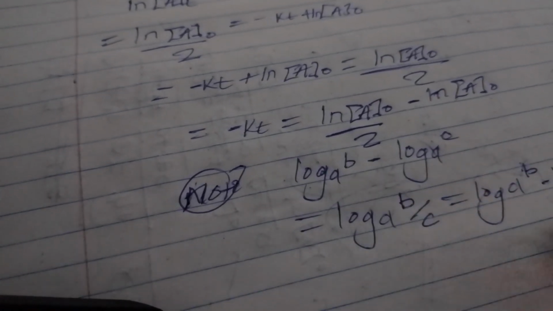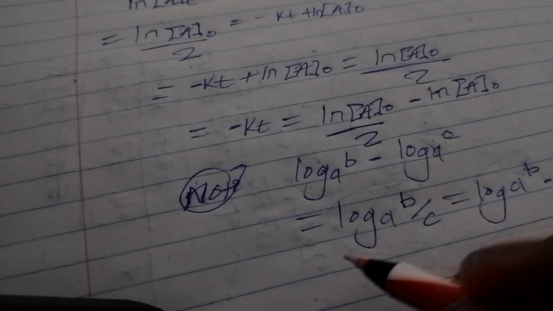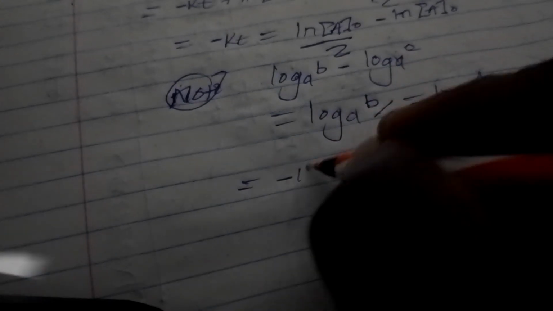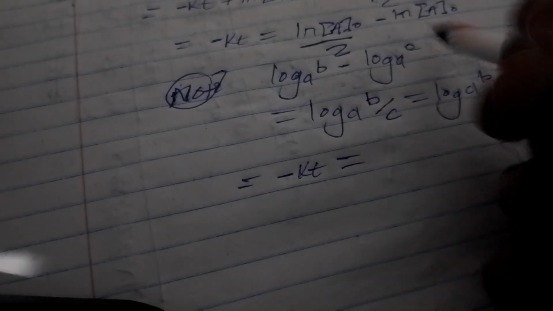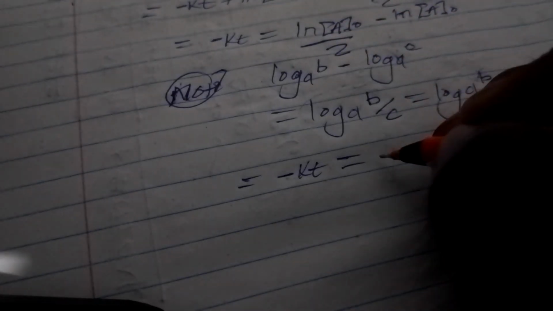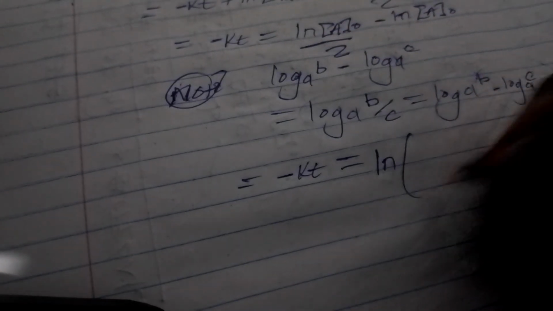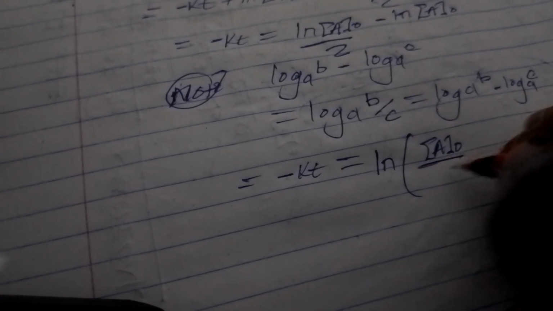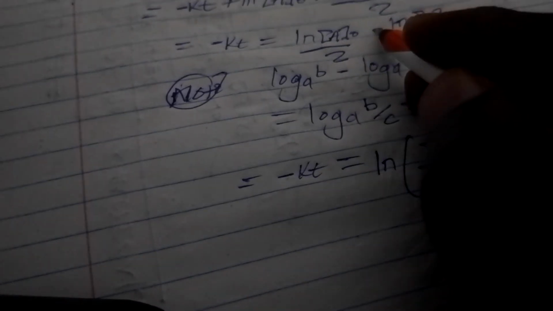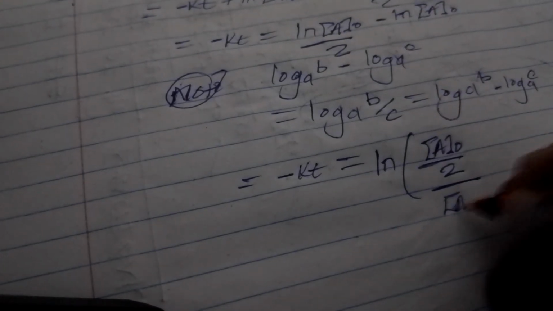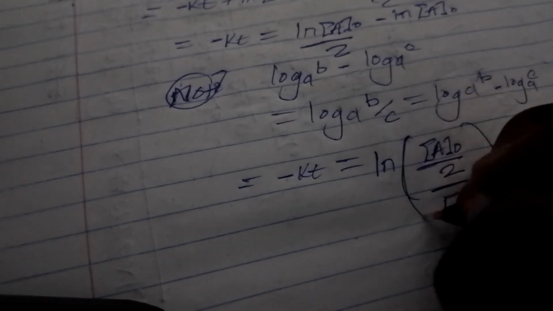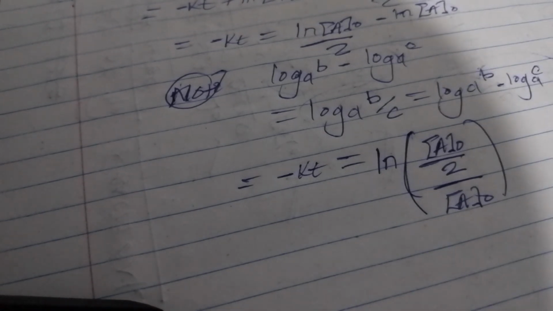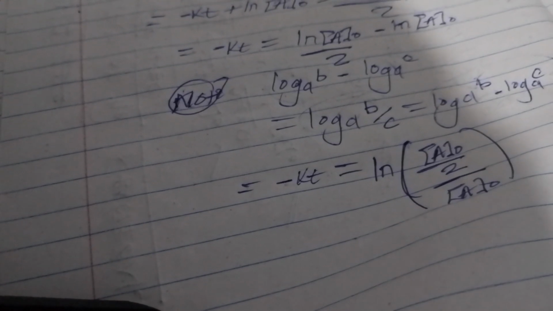So the same statement that we have used here, can we try to apply it here? That means to say, we're going to have negative KT is equal to, we'll try to remove outside here, which means we're going to remain with the ln of initial concentration of the first reactant divided by 2, divided by, we know to say negative ln in division, the concentration or initial concentration of the first reactant. Note that the one that is on top, initial concentration of the first reactant depending on the time, based on the perspective that half-life is being